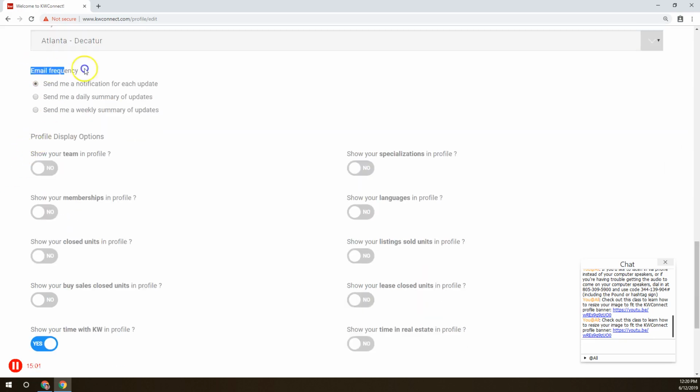Under that, for email frequency, you're choosing how often you receive emails about notifications either in the referral network or your KW Connect content. And you can't turn these off completely. You can get a separate email for each notification. You can get an email each day with the summary or an email each week with the summary. Underneath that,